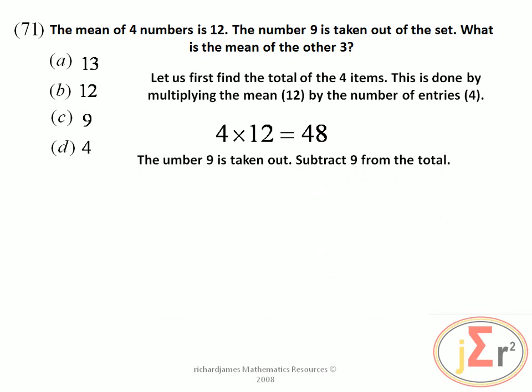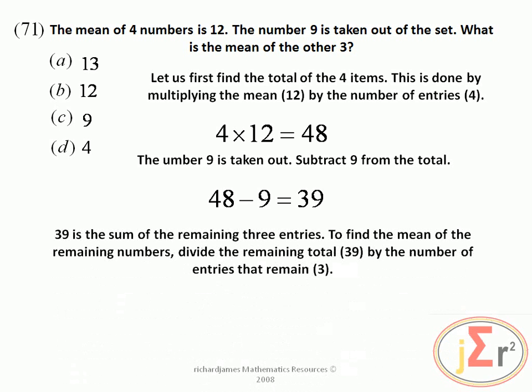The number 9 is taken out, so subtract 9 from the total. 48 minus 9 is equal to 39. 39 is the sum of the remaining 3 entries. So we have this sum of the entries. Now we need to divide by the number of entries. To find the mean of the remaining numbers, divide the remaining total, which is 39, by the number of entries